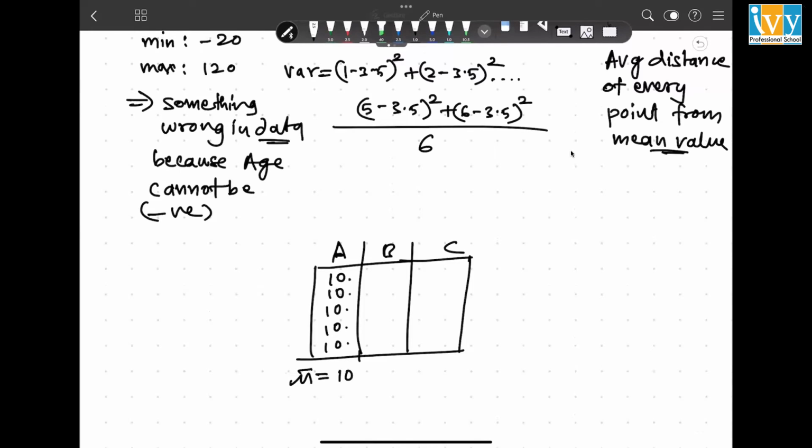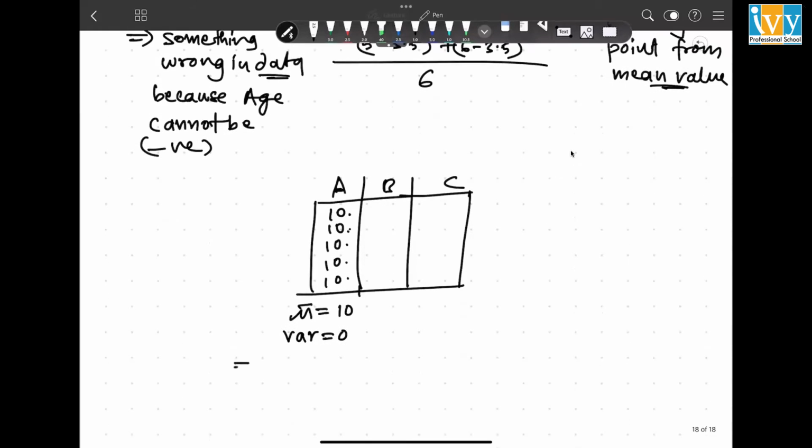So if the average is 10, then 10 minus 10, 10 minus 10, whole squared, everything is 0. So the variance in this column is 0. What do I understand from variation? If variation is 0, that means every value in the column is the same. There is no variation. Is this making sense? This type of column is not helpful for machine learning. I cannot use it in machine learning. There has to be some variance.